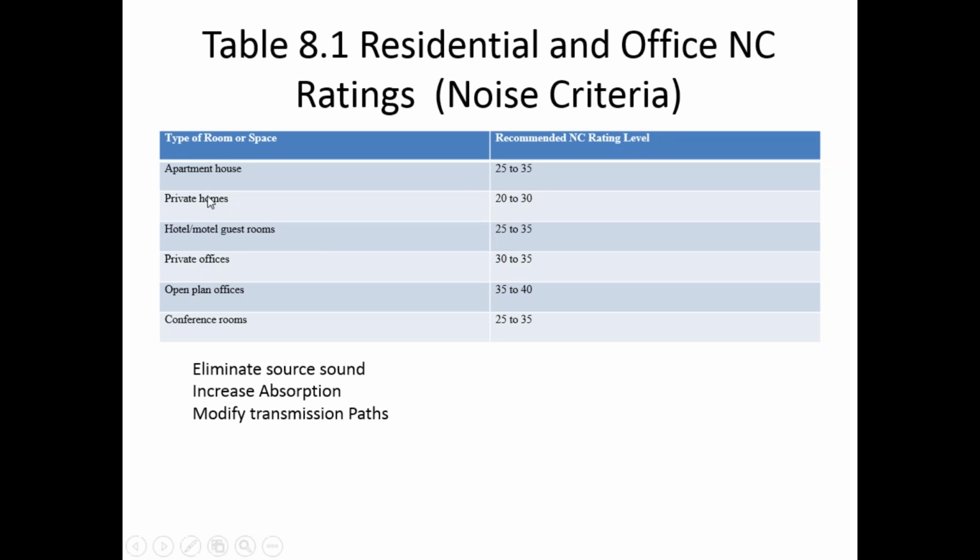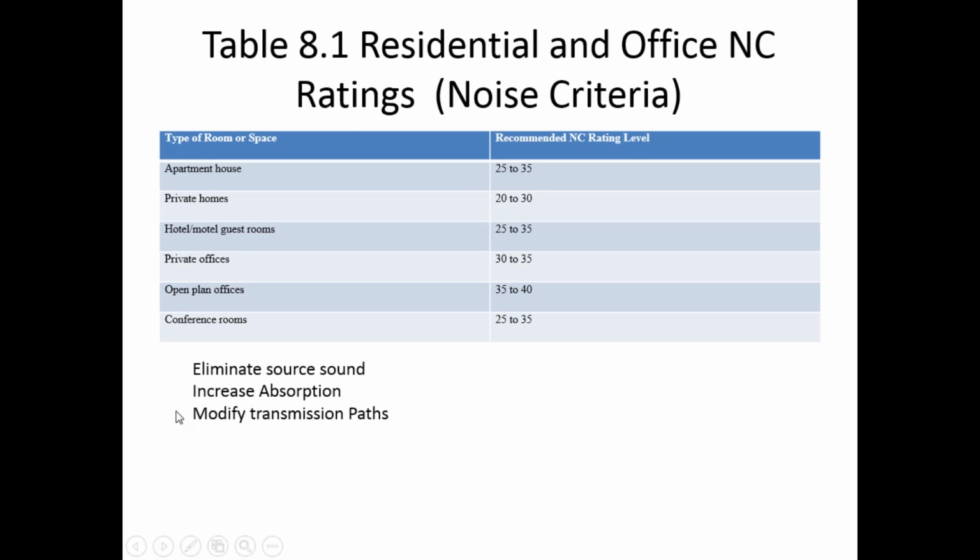These measurements are just showing us the difference in the noise criteria of the apartment house, private homes, hotels, private offices, open office plans, and conference rooms. So we can see the most noise is taking place in that open office plan that we talked about last week, for all the reasons that I had mentioned: the changes in surface, the changes in material being used on the furniture, and those expanses of the plenum and floor materials causing the echo because of the solid surfaces. But noise criteria is not extremely important in our measurement systems.